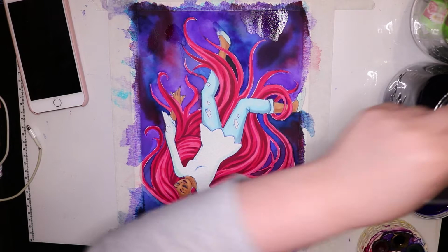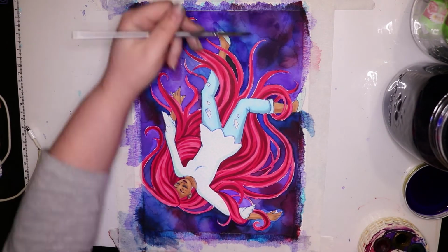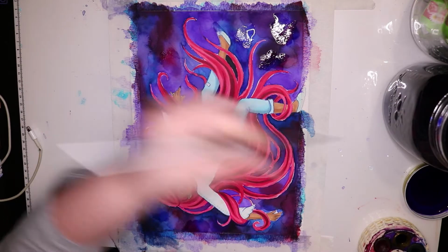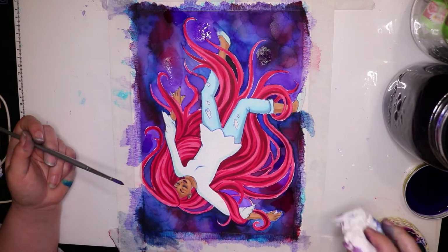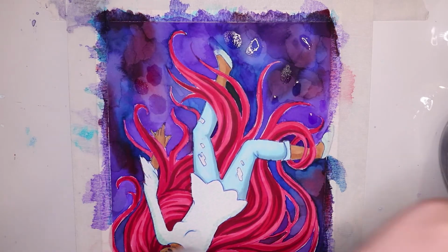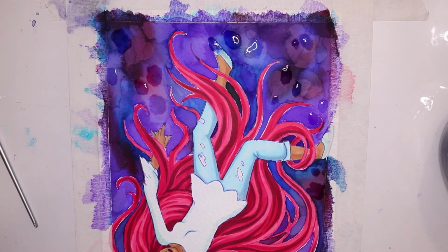So what I did with that was I decided to put down little patches of water over the piece, just little circles here and there randomly, and then I would dab it off with a tissue. What that would do is lift a bit of the paint, so it would make that part lighter. And I just did that over and over, and I waited till that layer dried,